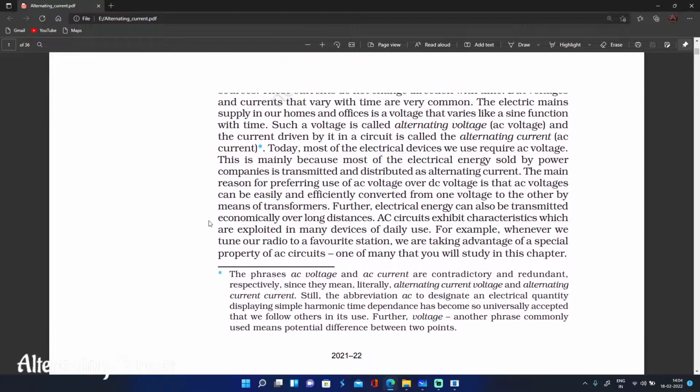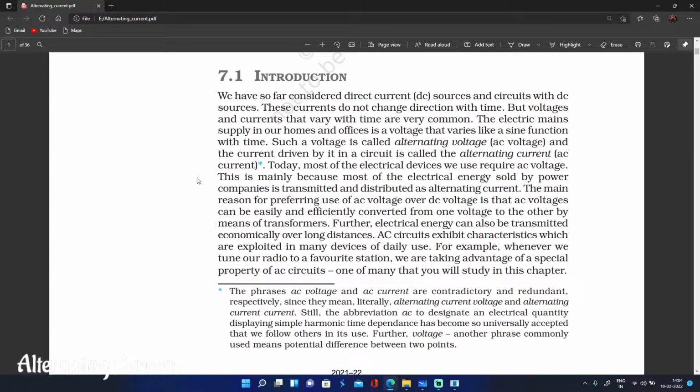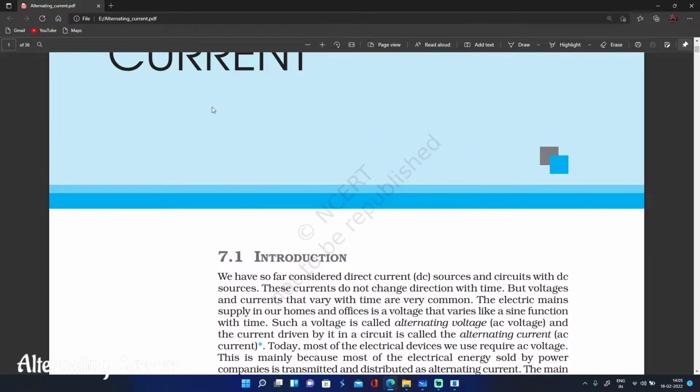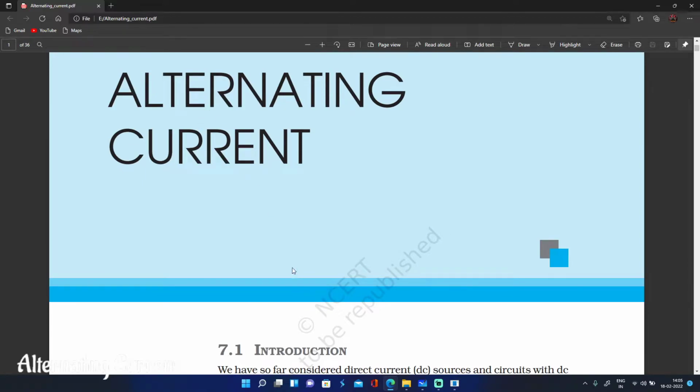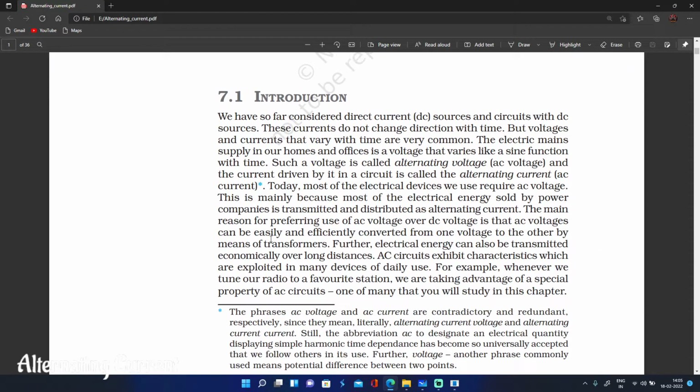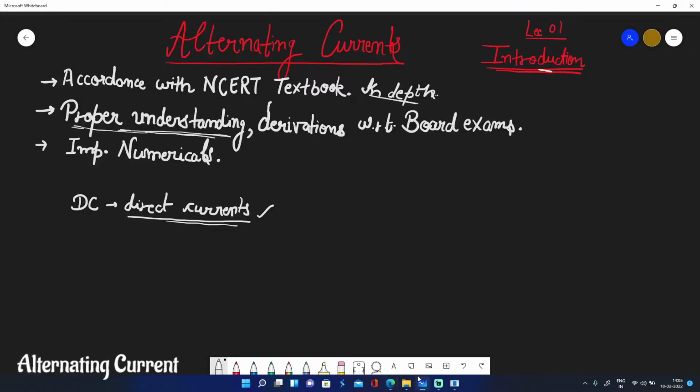Okay, and we will just give a general outline of the important terms used specifically for AC, such as RMS voltage and current, and average currents and voltages, which are used only when we talk about alternating current. So let's get started and let's begin the class. First of all,